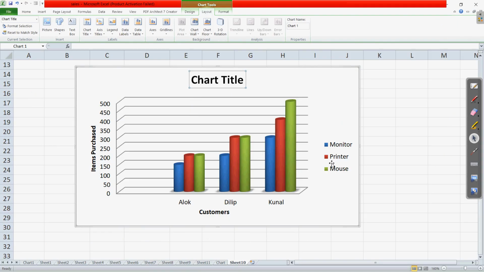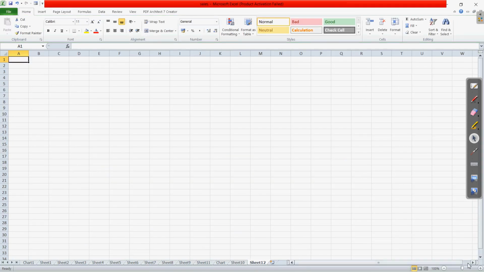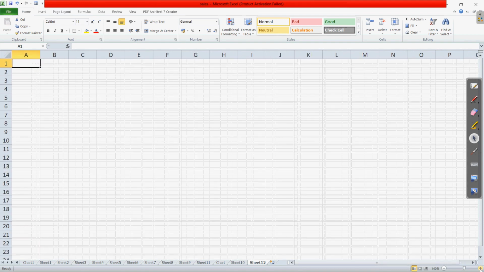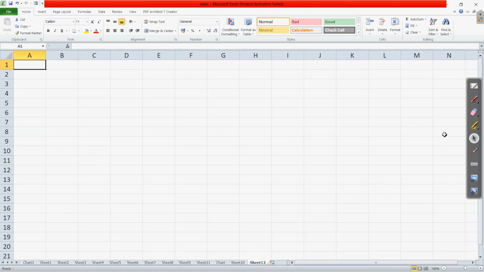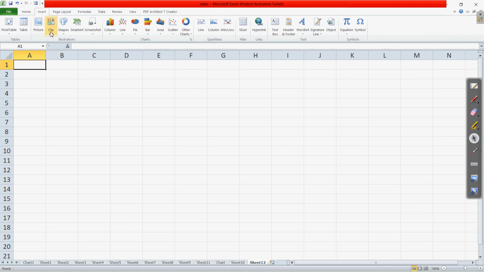Let us make a new sheet. For inserting this we will go to the Insert tab, and in the Insert tab we have the SmartArt option. Let me show you. See, here is the Insert tab, and here we have the SmartArt option.